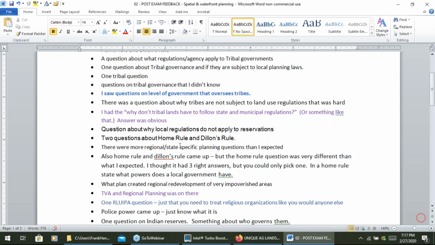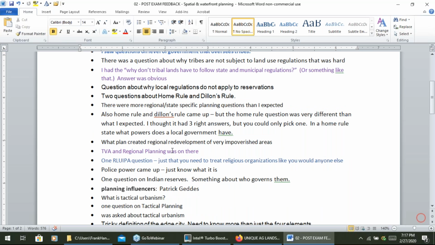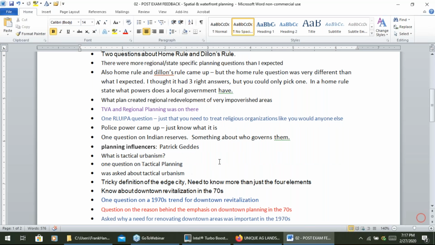Home rule. Regional state-specific planning questions. There were more than I expected. What plan created regional redevelopment of very impoverished areas? TVA and regional planning was on there. Police power, Patrick Geddes, tactical urbanism.